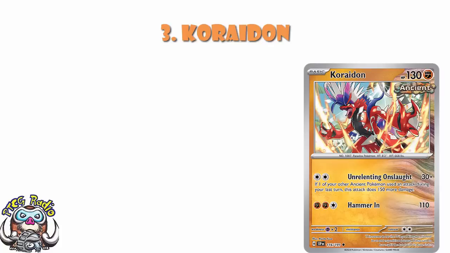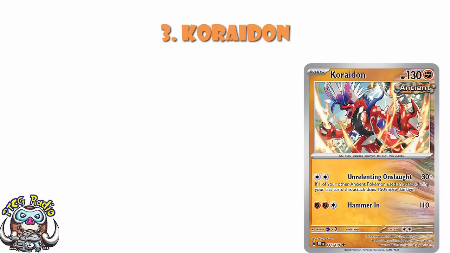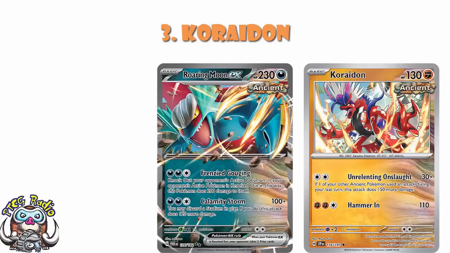Probably my favourite single card from the set, at least not including Azumarill and Palossand that I'd mentioned earlier. I adore this. 2 energy, 30 damage, 2 colourless energy. But if any of your other ancient Pokemon use an attack during your last turn, this attack does 150 more damage. Cool. Here's the thing though, we've already seen that Roaring Moon EX is still a good deck, and that is a deck which is only ever really going to attack with ancient Pokemon, so this is basically always going to be